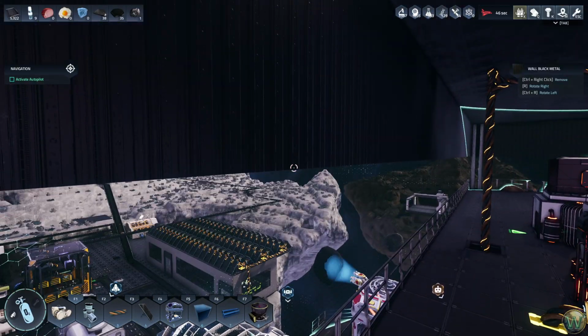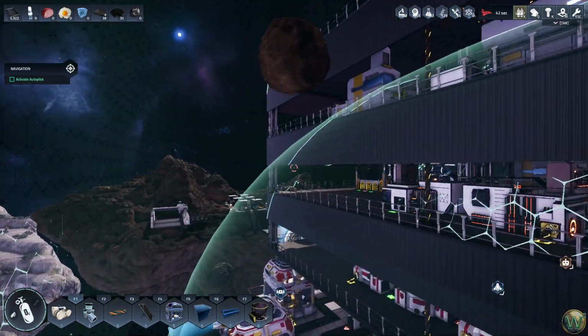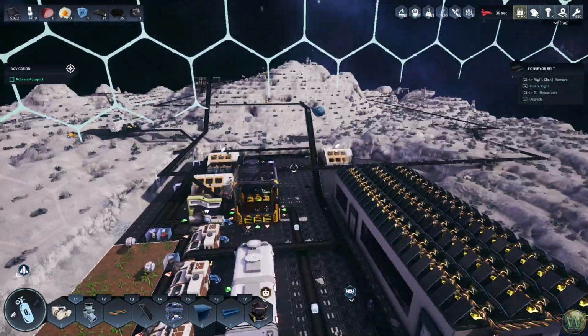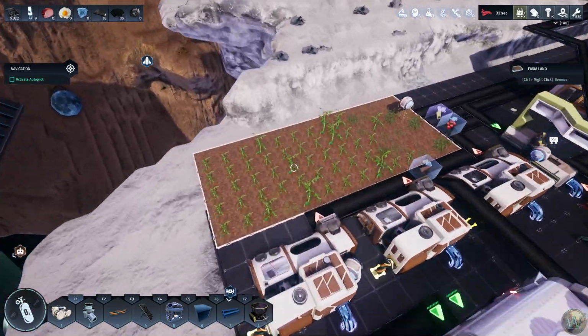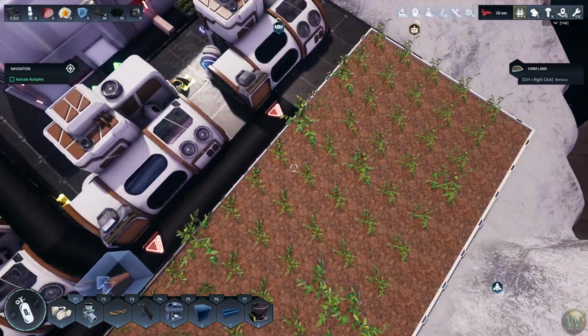And then these panels are just kind of closing in the wall. If I were to close this in, I would do so with glass, I think, but I think that looks fine that way. One of the other things that I've noticed is the bots, especially these farmer bots, seem to